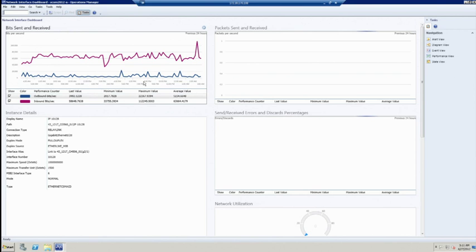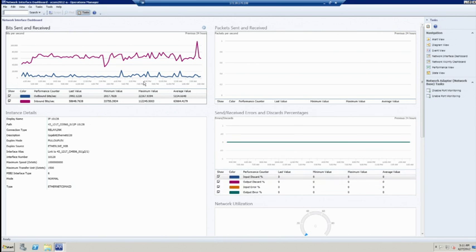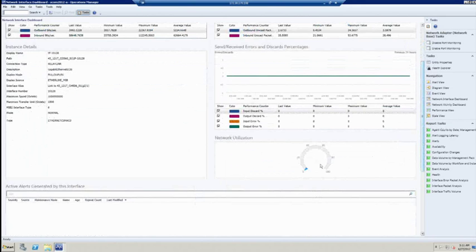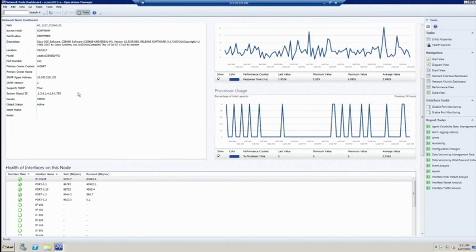Here, I'm getting the traffic that I can see across that. Again, the bits sent and received, packets. If there's any errors, again, I've got the instance details and the properties. I've got its utilization, and then if there was any alerts, I would get that on the bottom. So these are just the dashboards we provide out of the box of monitoring. So once you've configured and discovered your network devices, you're going to get this rich information provided around your network layer. We also have, if I go back to the